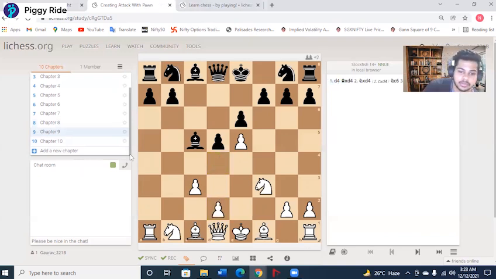Okay, so the answer. Please pause the video and then come back again. So as you can see, you're playing as white again, so you can directly play your move. Very simple. Pawn to d4. So you are attacking the enemy bishop, but simultaneously you are making your own chain,